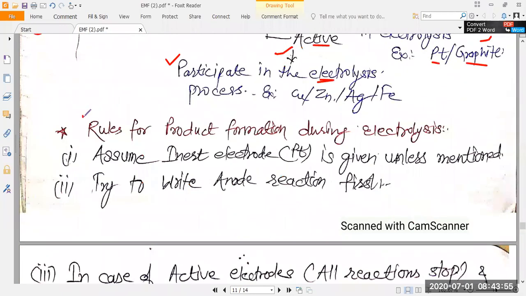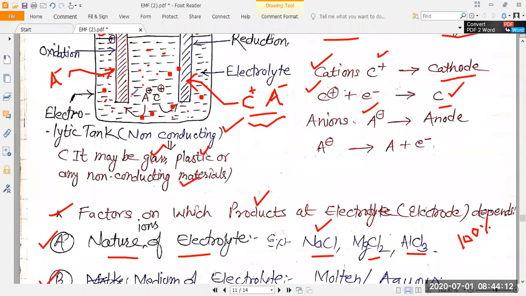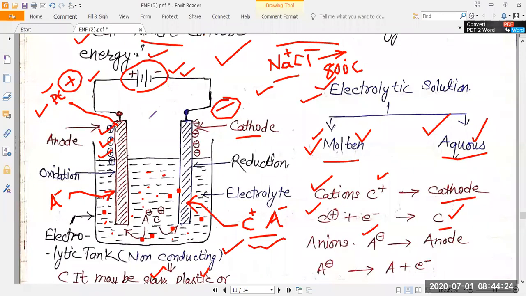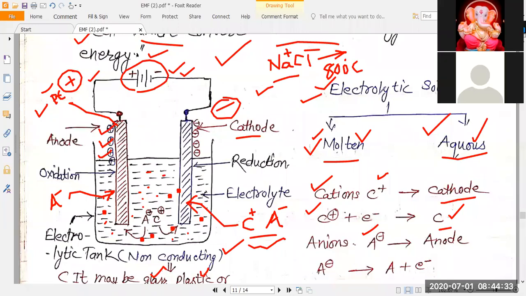Now, important point: rules for product formation during the electrolysis. So during the electrolysis, जब हम electrolysis process करते हैं तो प्रोडक्ट जो मिलेंगे उसको लिखने का तरीका क्या है? तो सबसे पहला जो रूल है, मतलब कोई भी हमने यहाँ पे इलेक्ट्रोलाइट लिया बच्चों, इलेक्ट्रोलाइटिक सॉल्यूशन लिया। अब इलेक्ट्रोलाइटिक सॉल्यूशन के अंदर हमने इलेक्ट्रोड डाले। इलेक्ट्रोड यहाँ तो हम इनर्ट इलेक्ट्रोड ले सकते हैं या फिर हम एक्टिव इलेक्ट्रोड ले सकते हैं। इनर्ट इलेक्ट्रोड लेंगे तो जो प्रोडक्ट बनेंगे वो अलग बनेंगे, और अगर हम एक्टिव इलेक्ट्रोड लेते हैं तो वो रिएक्शन में पार्टिसिपेट करेंगे तो वो अलग टाइप के प्रोडक्ट बनाएंगे।